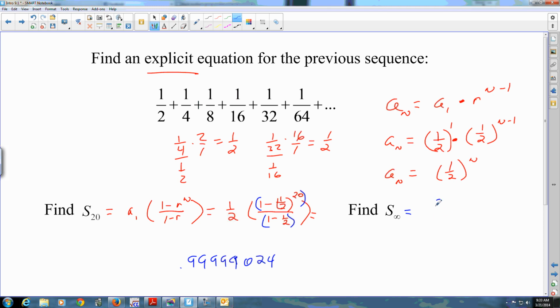The formula for an infinite sum is actually really easy. A sub 1 over 1 minus r. Okay, a sub 1 is a half over 1 minus a half. So that's a half over a half, which is 1, which is what we said it should have been on